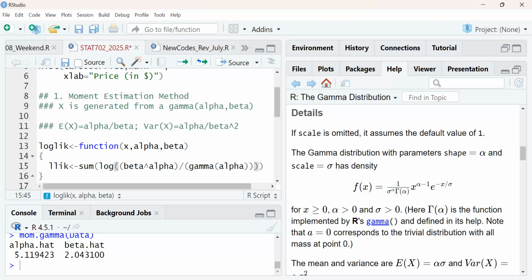Gamma is a function, gamma alpha, and R knows it as a function. How about when you are now using the symbol and not the function, like the gamma symbol? I wrote it over here as a comment. If I had used this to name something, there would be a conflict.